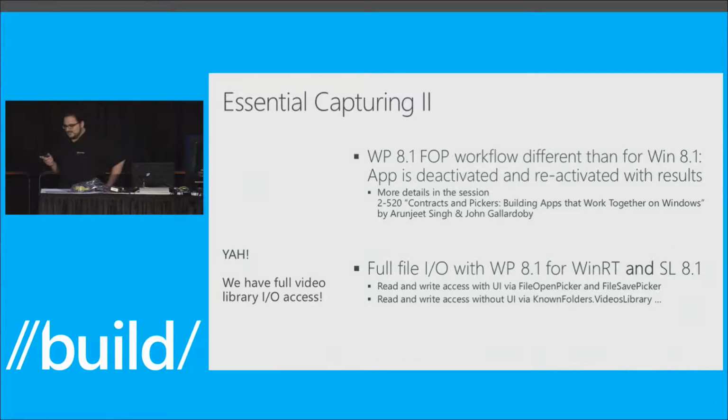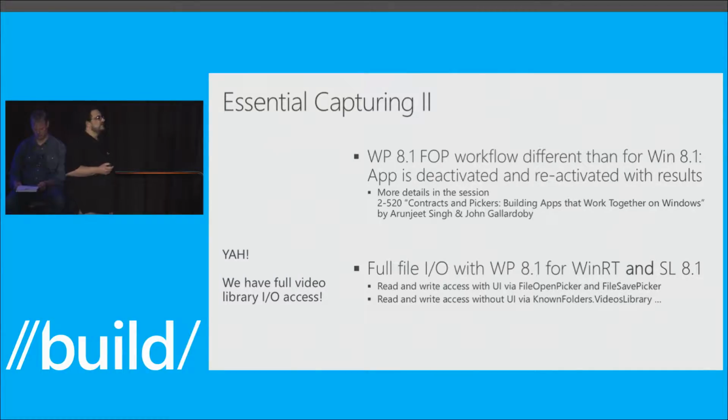Important thing is that the workflow is different than for Windows 8.1. So for Windows 8.1, if you use the file open picker, you have an async method, which you can await. And when it's done, you get the files passed back. But this is different on Windows Phone because there's a different application lifecycle. So once you launch the file open picker on Windows Phone, your app gets deactivated, and the user sees the file open picker UI. And once you pick the file there, then your app gets activated again, and you get an activated event triggered in your app,